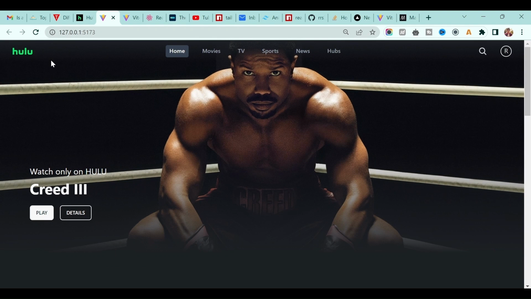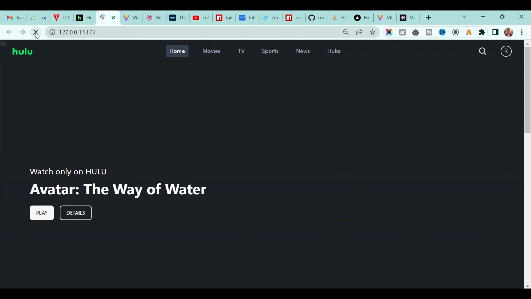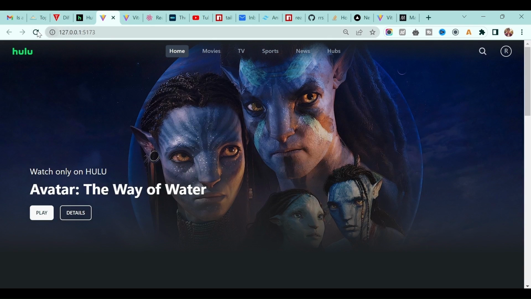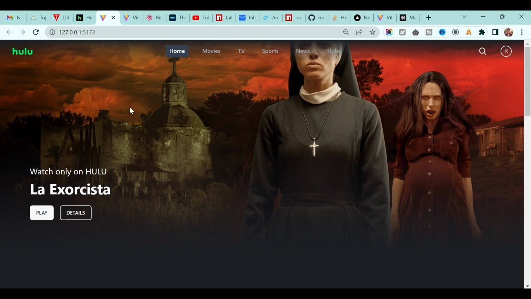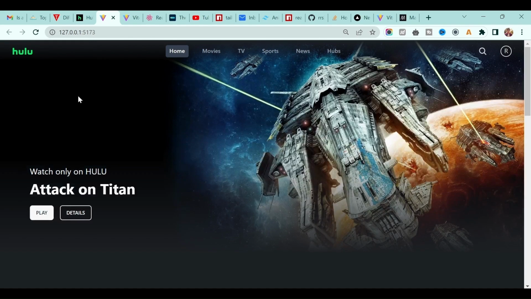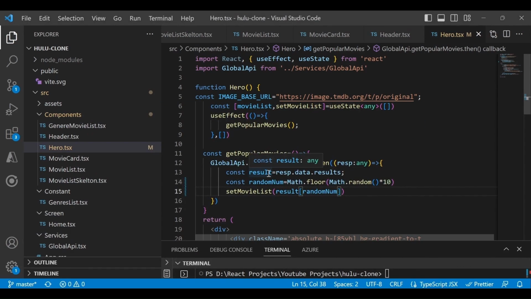So guys, one more thing we updated in our project. When you refresh this page, right, this hero section gets changed. If you see, right, if I change it now, it's changed to some other one. Okay, if I clear and refresh it, it changes every time. Okay, so it's very easy to implement, right?